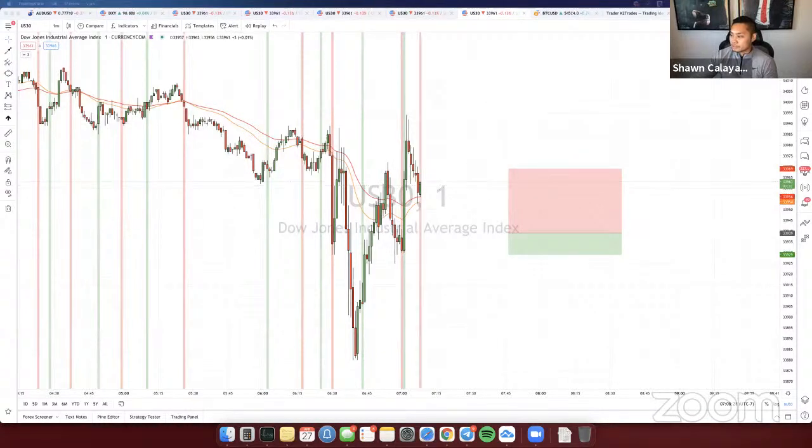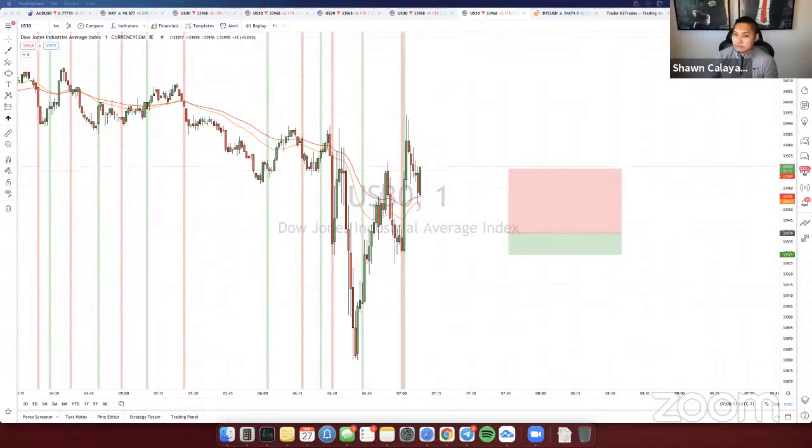You could have moved fast in our direction, but it's literally going back and forth. I don't like it when US 30 is ranging like this. I like it when it's moving directional, one way, so that we can just scalp it that way. And that's how it was last week. If you guys followed us last week, it was moving one directional every day. It was either going up or going down, and it was easier for us to catch scalps that way. And we didn't have to worry about price possibly triggering stop loss before it ended up coming back in our direction.